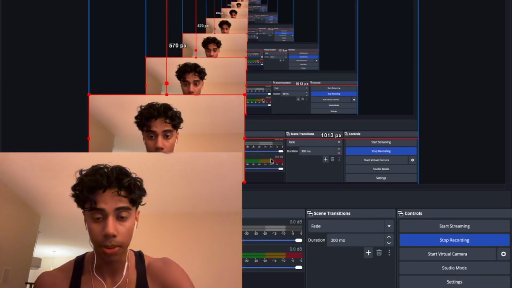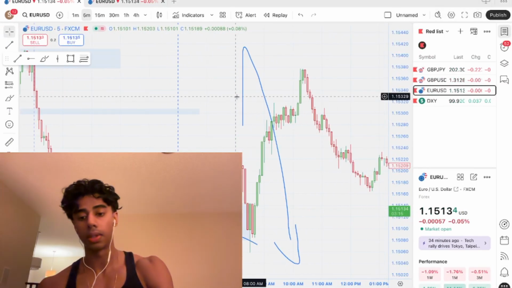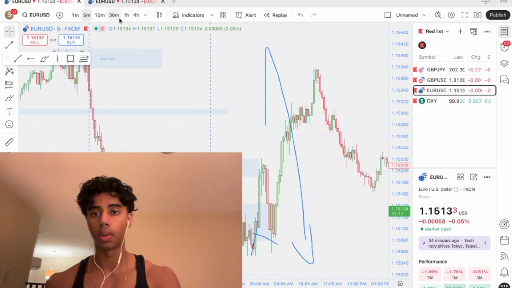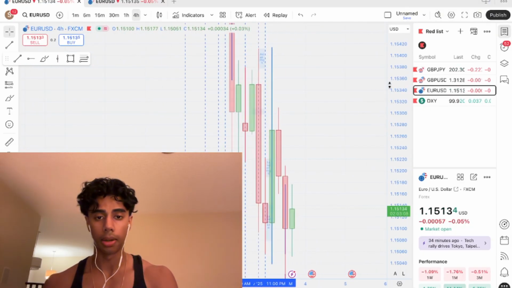Not really too much because I didn't take any trades. So, quickly going over what I saw on EURUSD, we'll just start with that. The 4 hour was bearish going into market open, looking for potential selling opportunities by taking out potential highs,